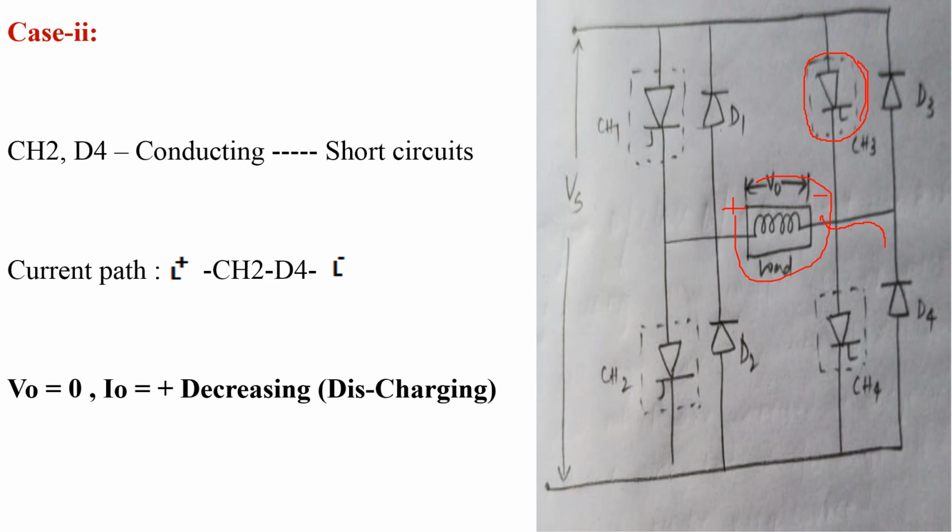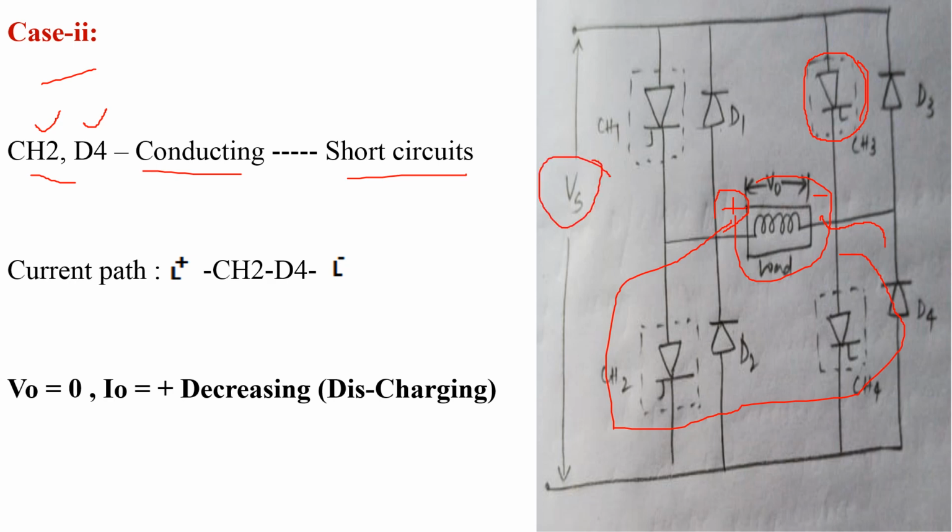So in the second case, chopper CH2 and diode D4 are in conducting state, and all remaining diodes and choppers are in non-conducting state. Means CH2 and D4 act as a short circuit, and the inductor starts discharging from positive polarity to negative polarity in the path L plus, CH2, D4, and L minus, and there is no path for current from